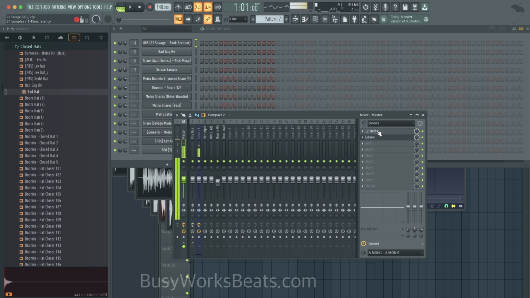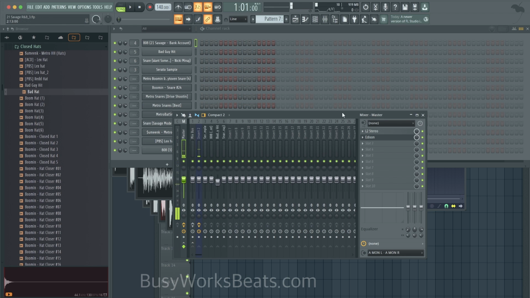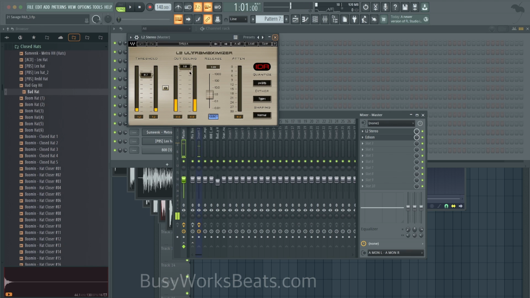The next plugin is Waves L2. This is just a really lightweight limiter you can add over top of your track. What I do for video is just lower this threshold down to about -4. And then I can produce into the limiter and it sounds nice and clear and it's very lightweight on CPU. So this one has so many benefits. It makes it loud, it's lightweight, and it's just easy to use.